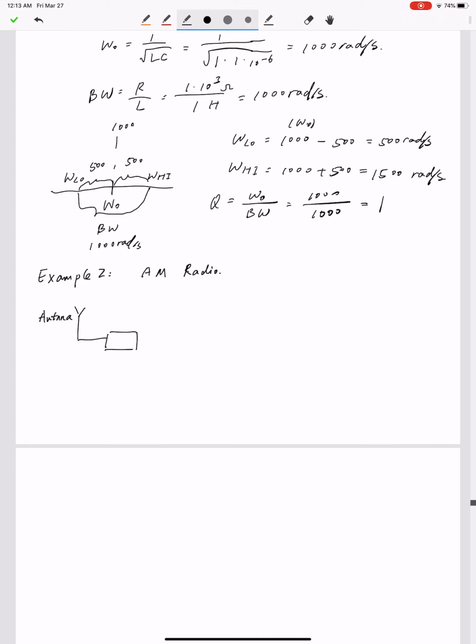The antenna will receive signals in the air, and there are many different signals carried with different frequencies, such as 1.5 kilohertz, 2.0 kilohertz, 2.5 kilohertz. There are tons of signals in the air, and after the signals are picked up by the antenna, they will pass